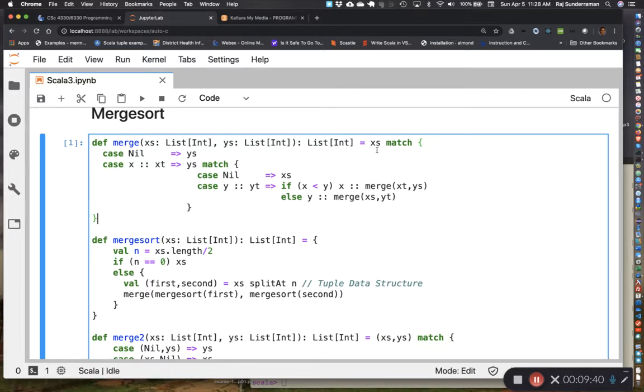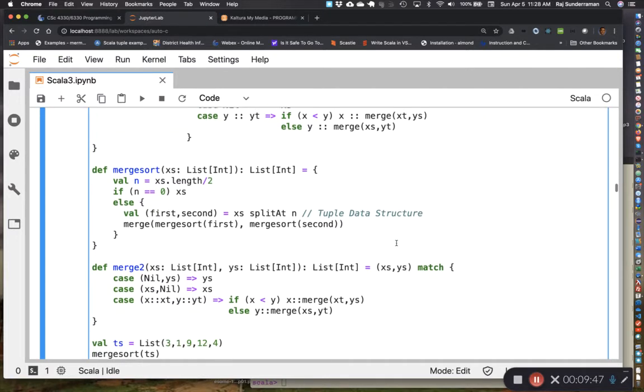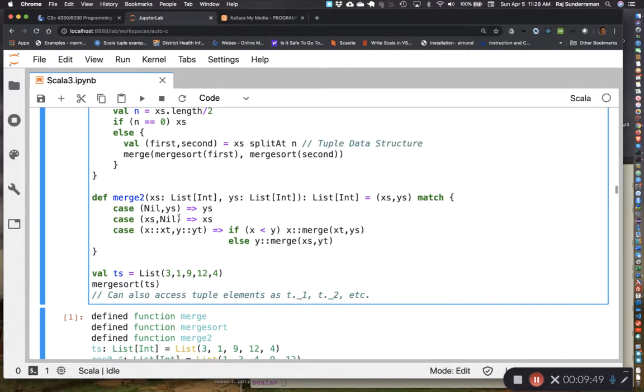Now, since we had double matches, xs match and ys match, there's a slightly cleaner way to do this. Here is merge 2, which does that. The only way this is different is that here we combine XS and YS into a tuple. That's how you do it: parenthesis, some item, comma, some item, parenthesis is a tuple of 2 items. Since XS and YS are just variables, you can do a match, and because both of them are lists,